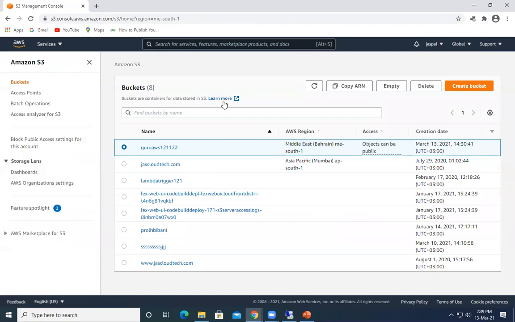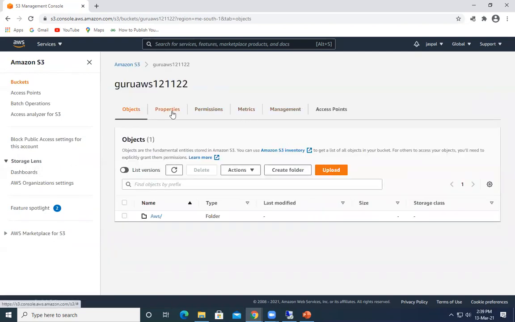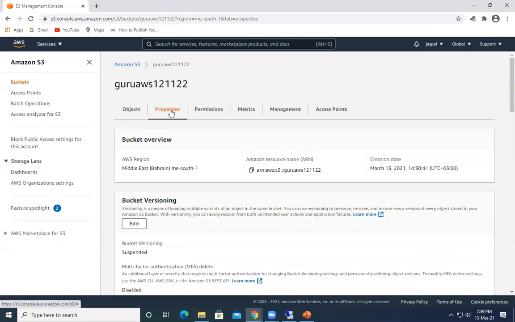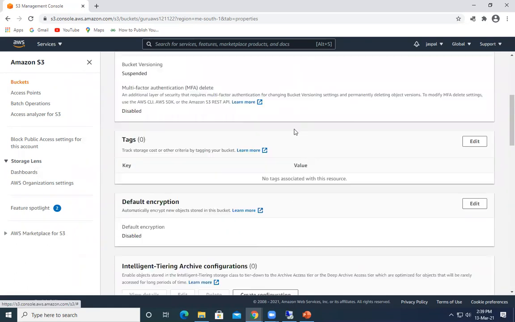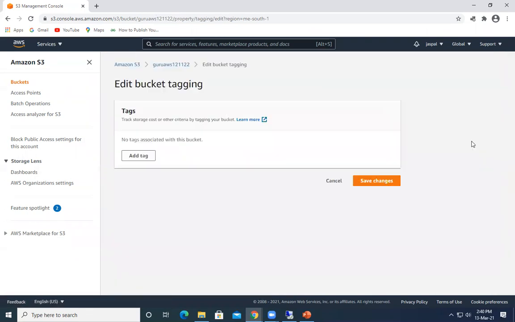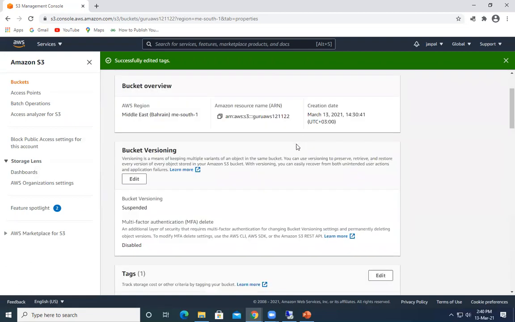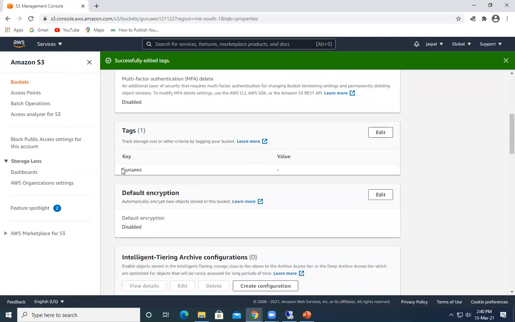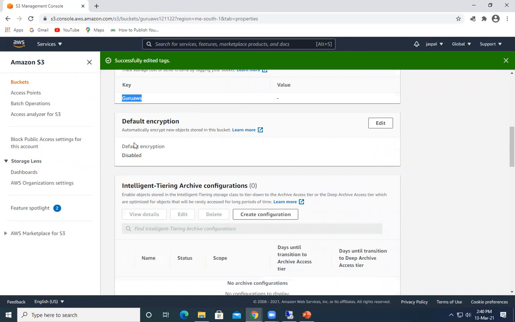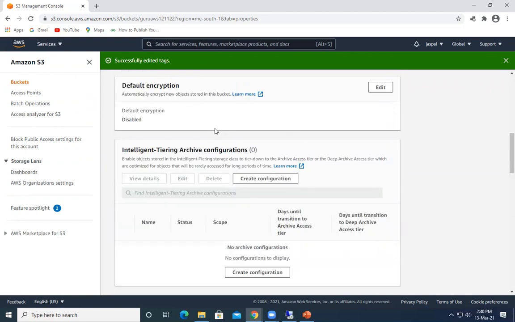So let's go back to our bucket. Now, if you go back to the properties over here, so that was one versioning. And here we can also define a tag. A tag is just a simple, easier name that we can remember in order to track the usage of this particular service. So we can tag our bucket. So you can see the key is coming over here. By default, encryption is there. So we are not making any changes.